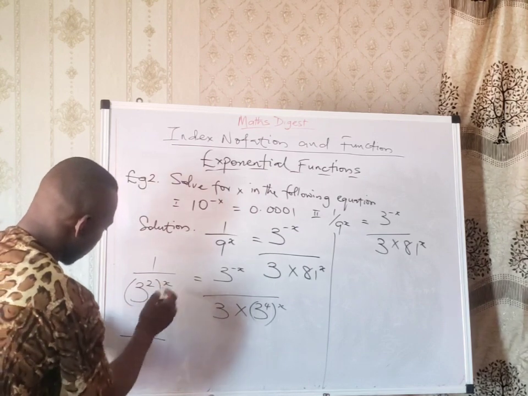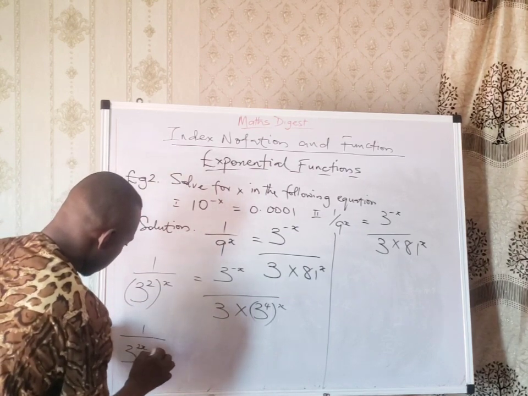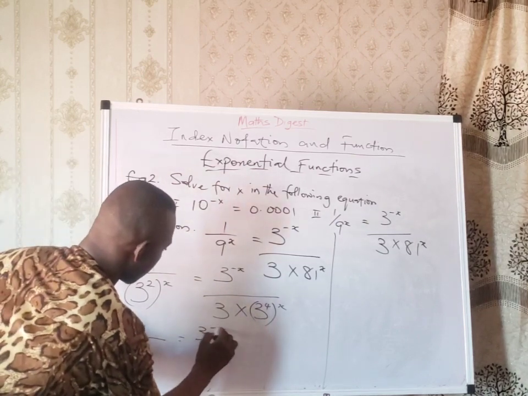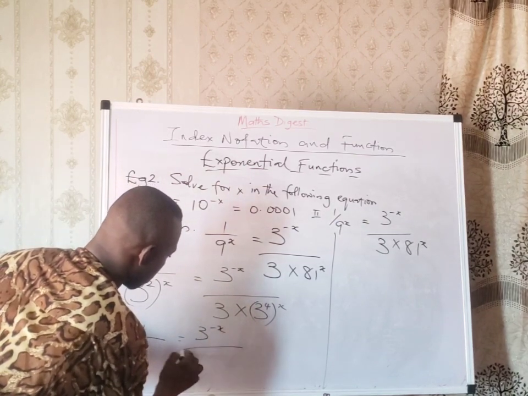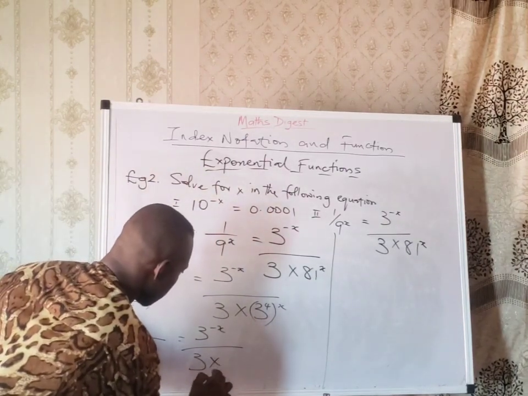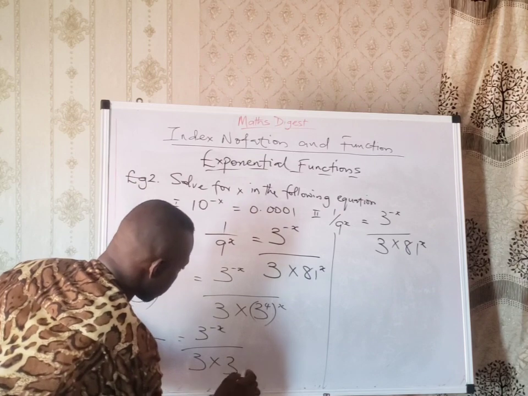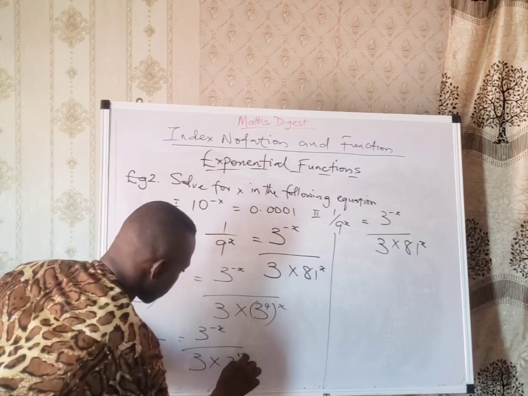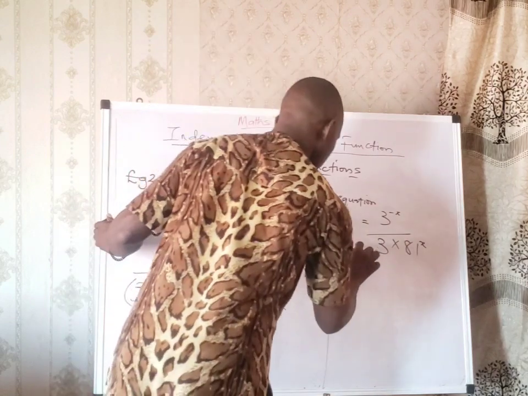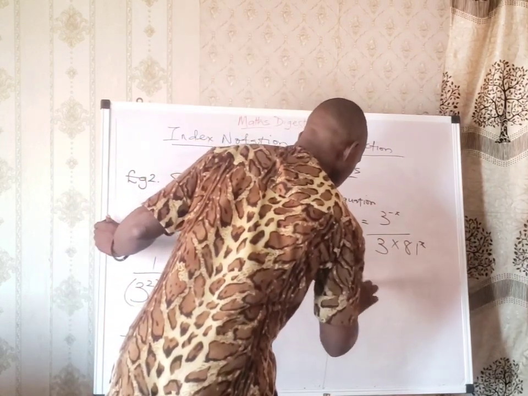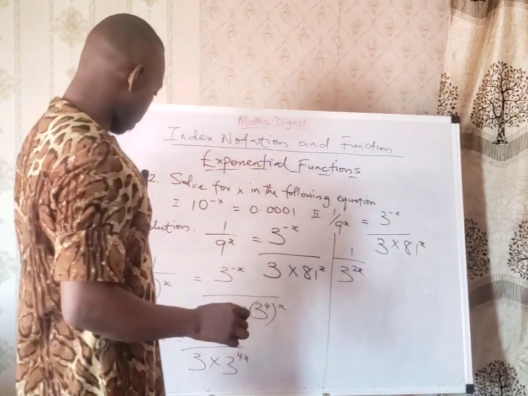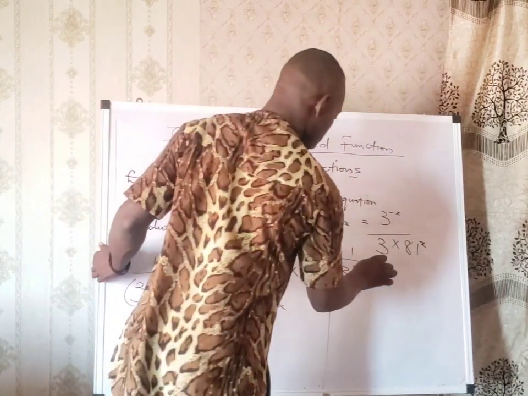You now have 2 times x is 2x equal to 3 raised to power minus x all over 3 times 3 raised to power 4 times x is 4x. Okay, from here now we move to this side. We say 1 over 3 raised to power 2x equal to